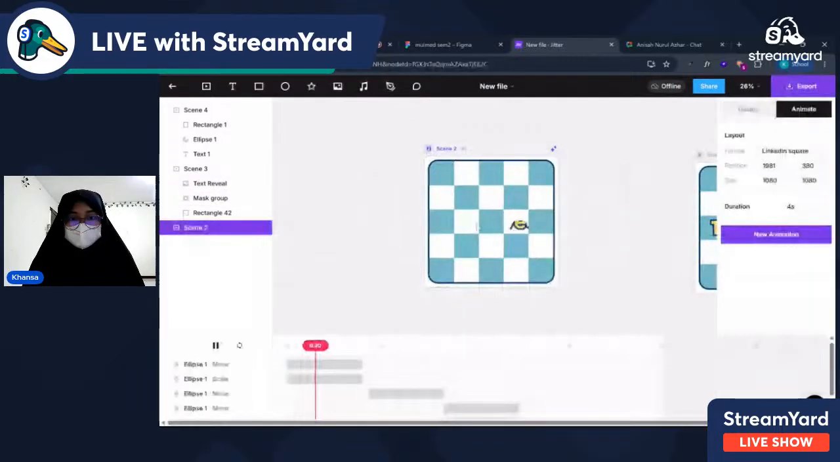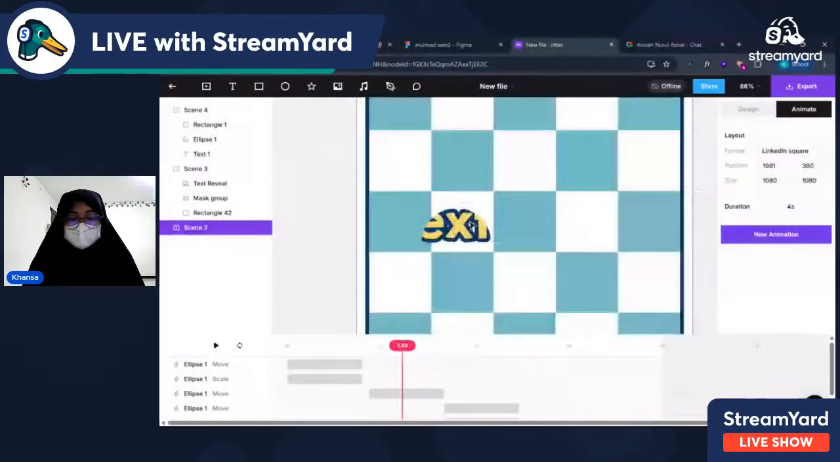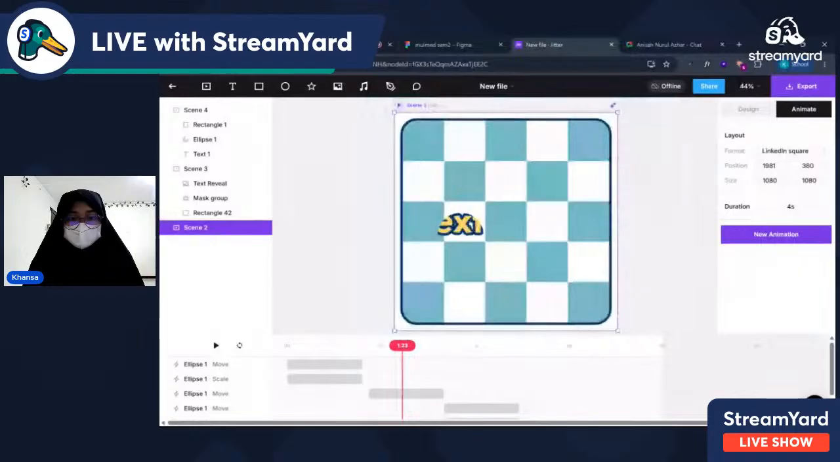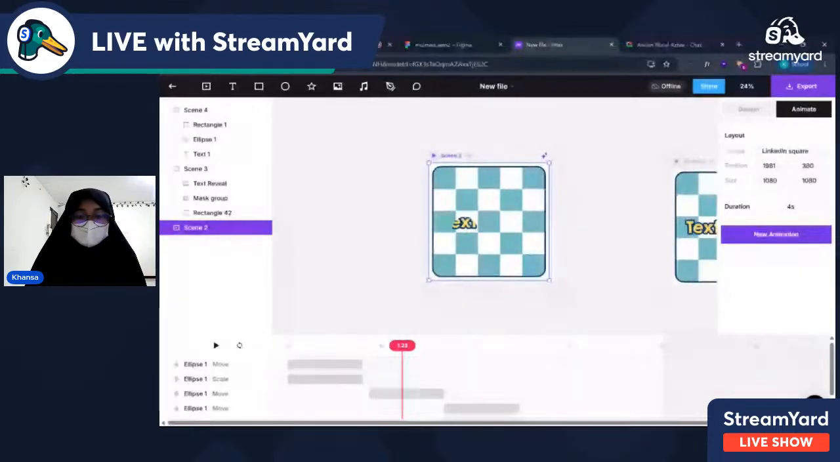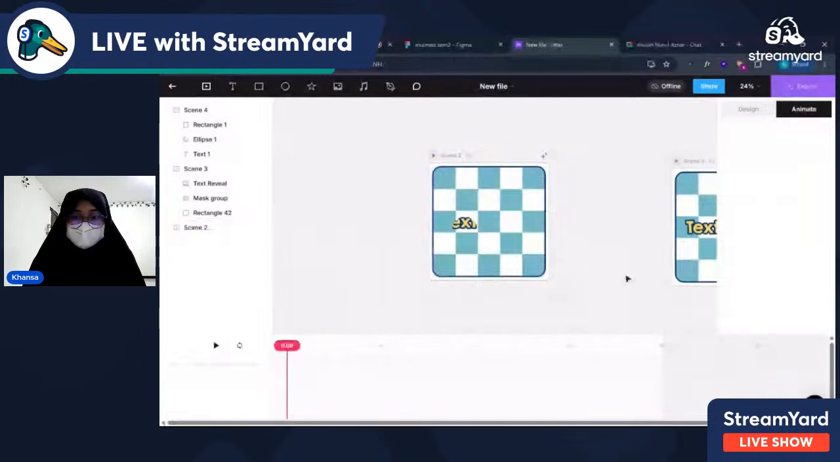As you can see, the ellipse moves around and the text will only show the part of it that is collided with the ellipse. So in order to make that,